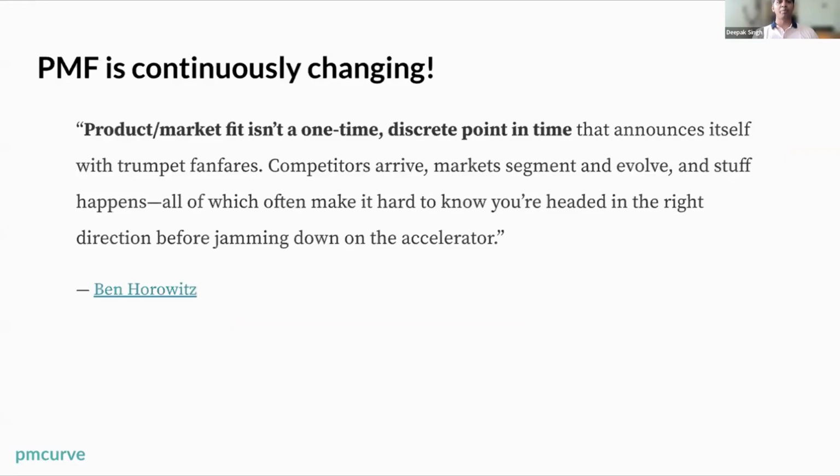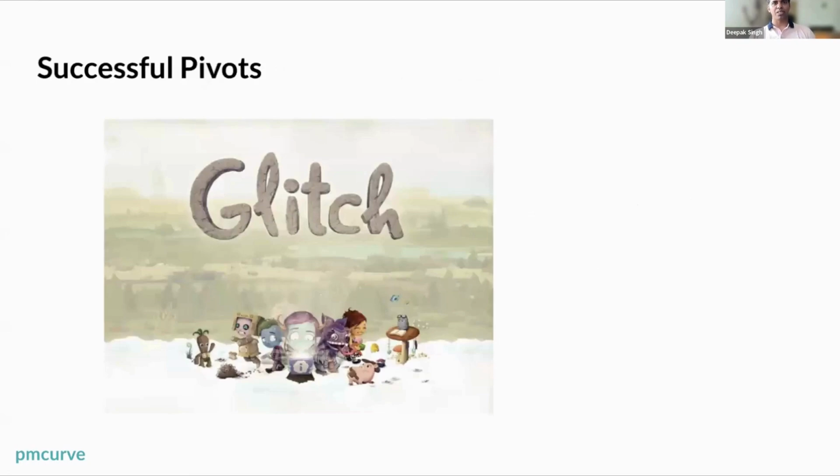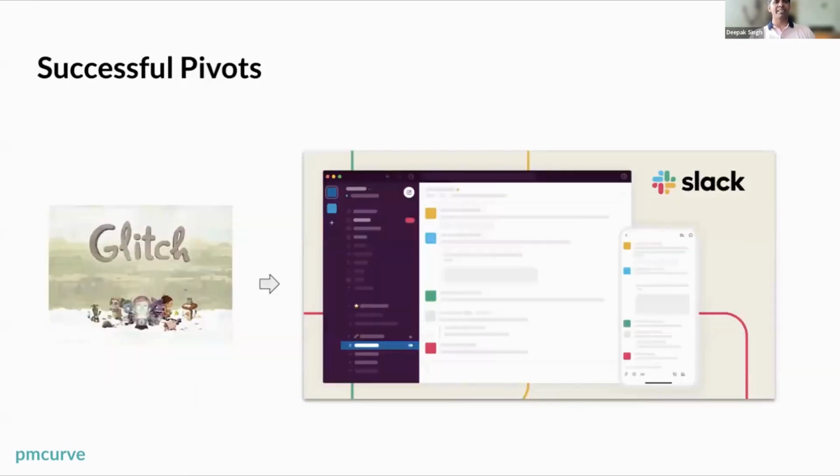So yeah, that would be sort of all, right? For example, RBI came with some regulation, or the government came with some regulation, which makes your idea unfeasible. That is when you pivot. But usually, these are the 4 things where you should consider a pivot. Successful pivots, I think you know a lot of stories. I'm not going to spend a lot of time there.